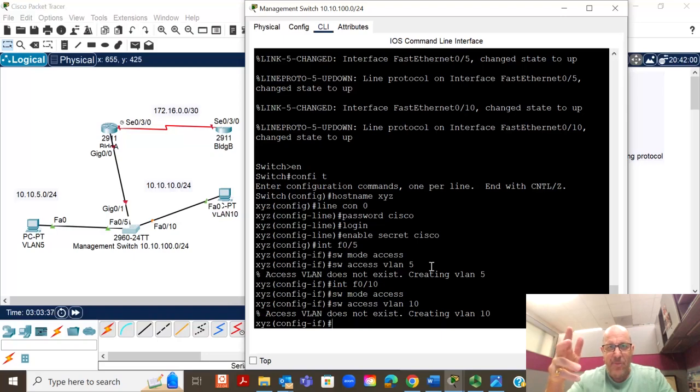Now remember, last lab we did port security. So we'll enable port security on VLANs 5 and 10, but there's a way to do it when you use the interface range command. So you can do ports 5 and 10 simultaneously. So if I do this command, interface range, now don't hit the enter key yet, just watch what I'm doing. If I go F5 space dash F10,